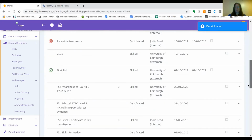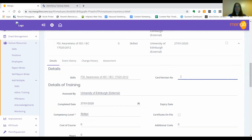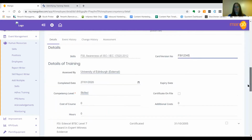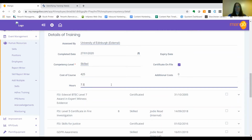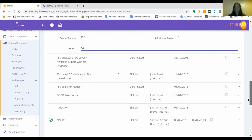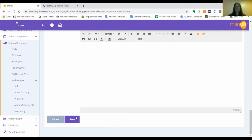copies of certificates. So this is the skill that we've just been looking at. I want to edit this and perhaps say that he's got certificate number FSI 12345. We'll attach a copy of his certificate. We can even record the cost of the course, which might be useful for cross-charging. I don't know what it's going to cost really, but let's put it in there and let's say it's a 1-day course. This is where we could attach copies of his individual certificates, so it's then all held